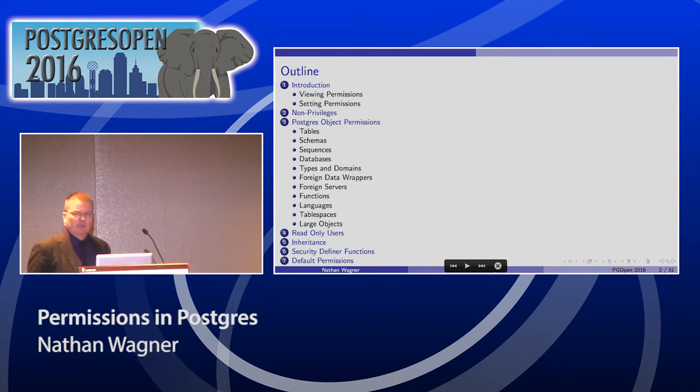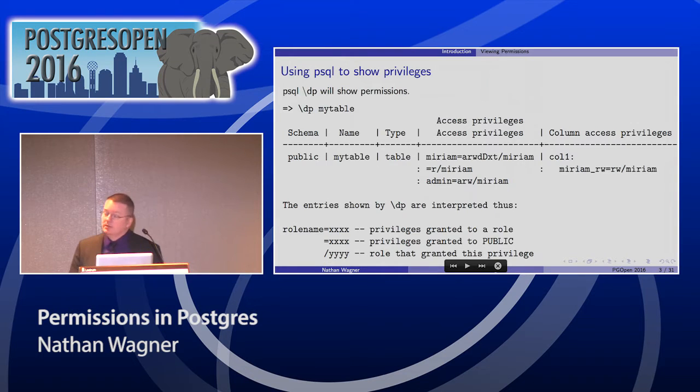forth. I'll talk a little bit about setting up a read-only user. Very briefly on how roles can inherit permissions from other roles. We'll talk about security definer permissions and then defaults. So, getting right into it,